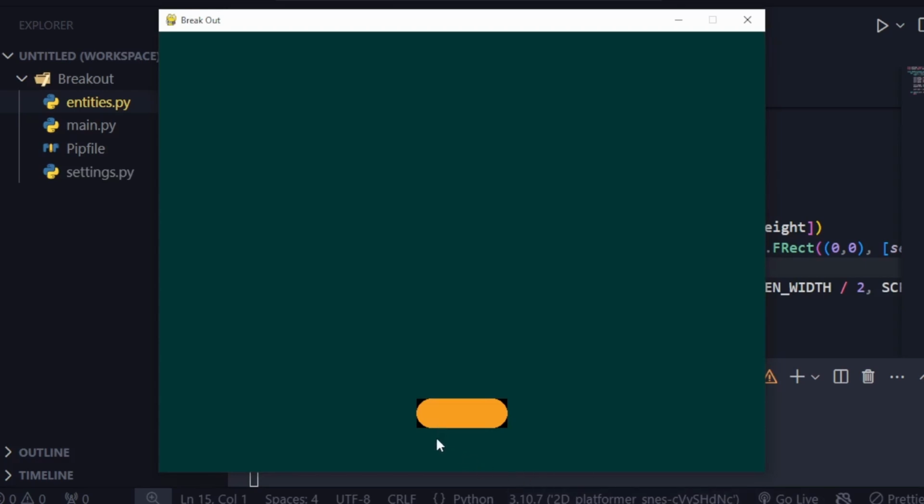As you can see, the orange rectangle is inside the square rectangle that is black. So this black rectangle is our image for our paddle, and this orange rectangle is actually what we want for the paddle. All right, so to get rid of these black edges,